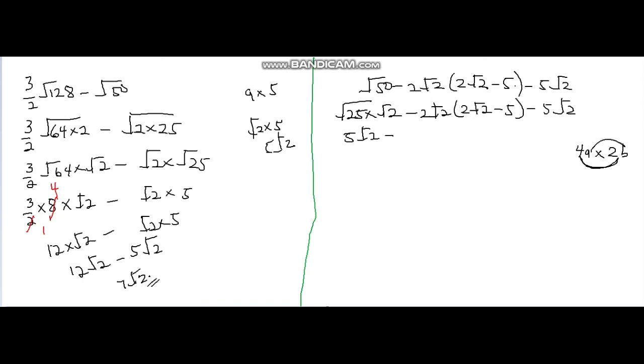We'll do the same thing here. So we multiply the numbers outside. So minus 2 times 2 gives us minus 4, right? So minus 4. Then this square root of 2 times this square root of 2, they are all square roots, so it will give you times 2, because square root of 2 times square root of 2 gives you 2, right? Good. So minus 5, okay,